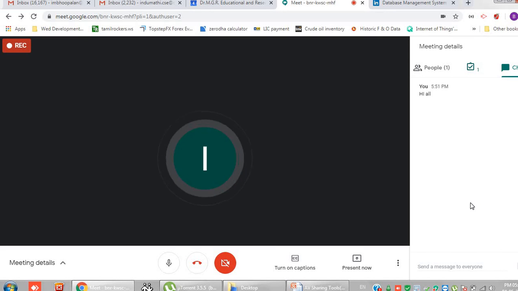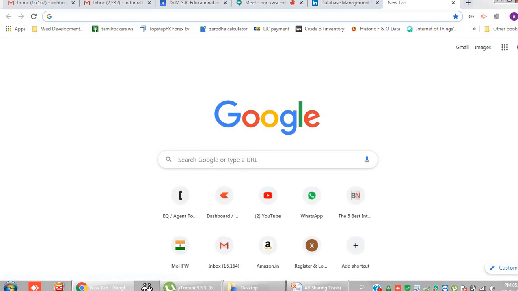And there is one more additional add-on in Google Meet app, that is, if students are attending the meeting, you need not take the attendance manually. The attendance will be generated automatically in the Google Meet. For that you have to have that particular extension in the Meet app. For that you have to go to Google and just type